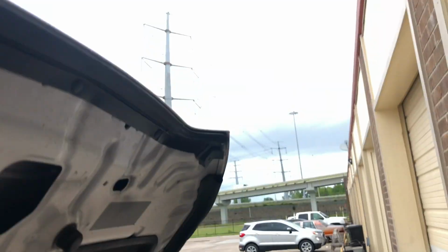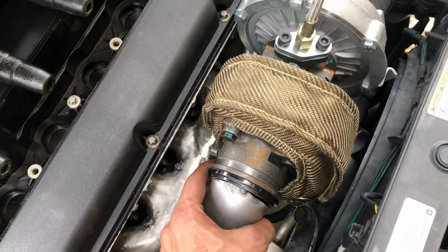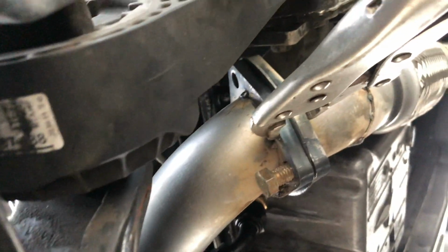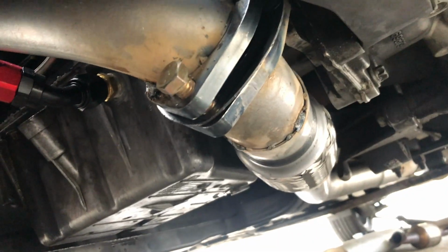Fully done. It's about to rain. I'm going to take everything off and weld it up. You can see we got the downpipe going. I just have to help hold that together, but it goes all the way back,